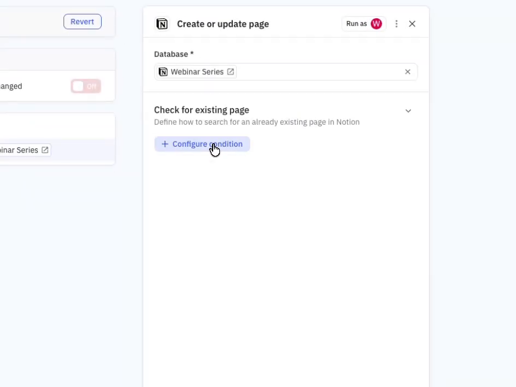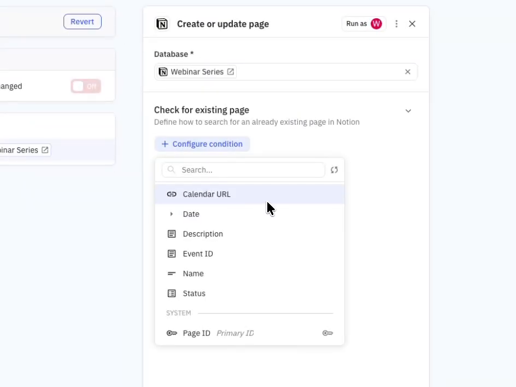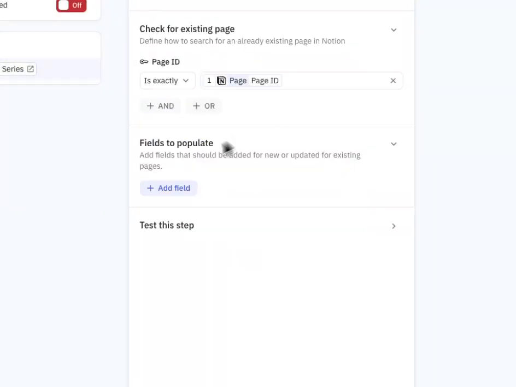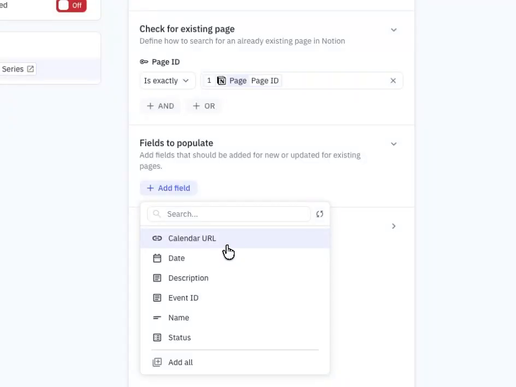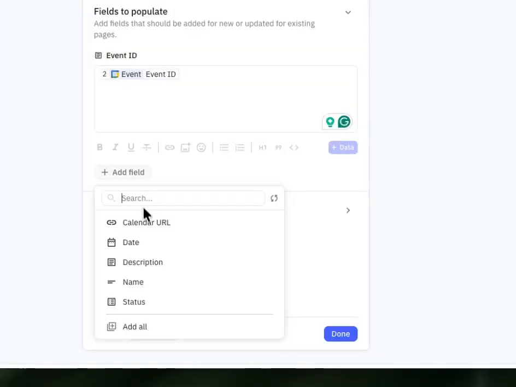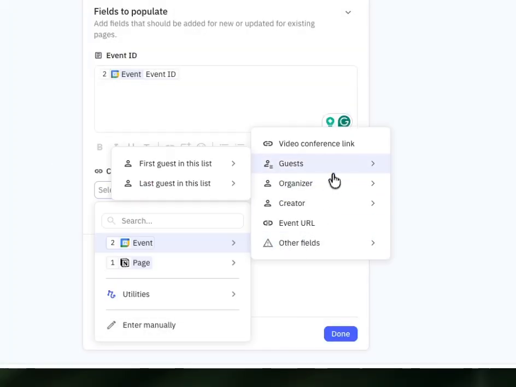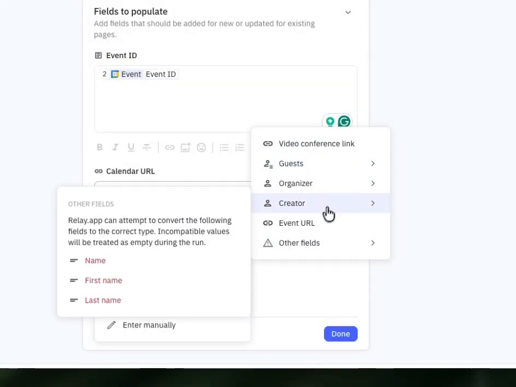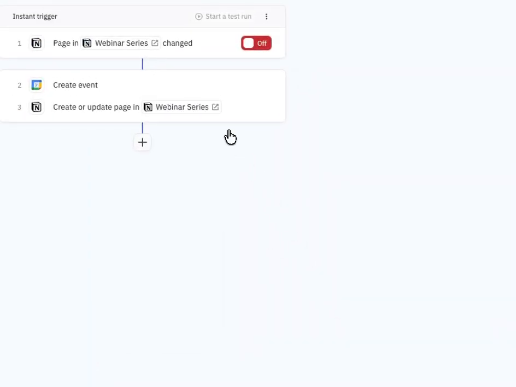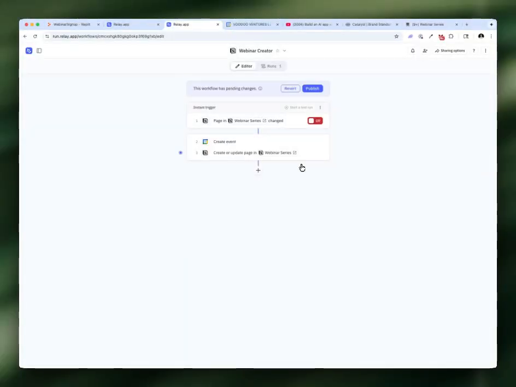create in webinar series. We want to check for page ID is exactly the same as this page ID. And we want to add the event ID, which we can pull in from here, and the calendar URL, which we can pull in from creator event URL. Great. So now we created the event. We wrote out all the description in Notion. We created the event. It created the calendar event, and it then passed that important information back to the Notion database because